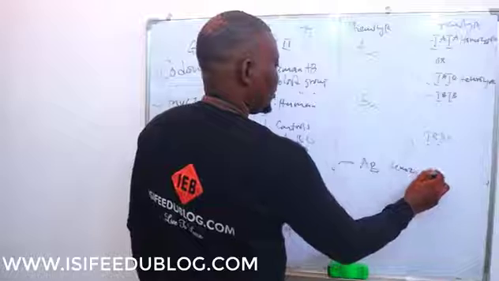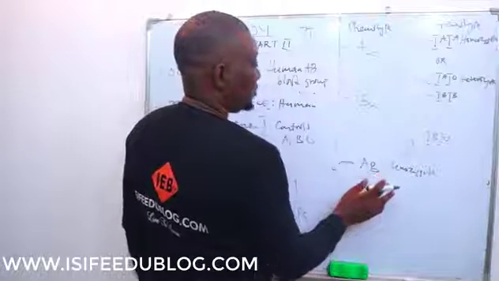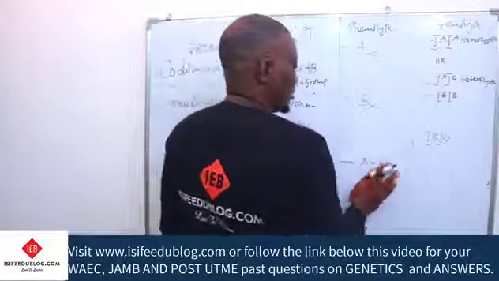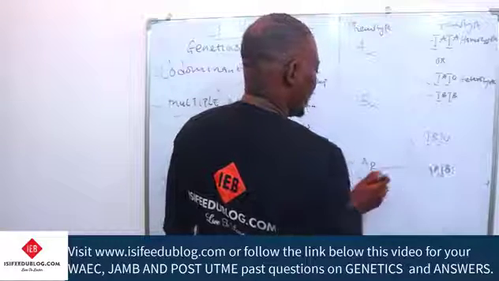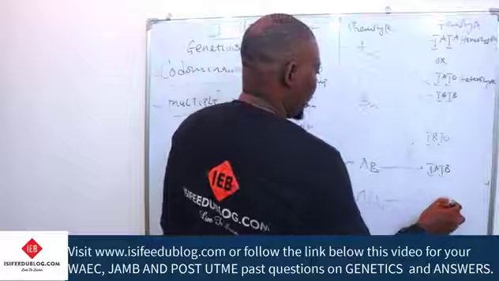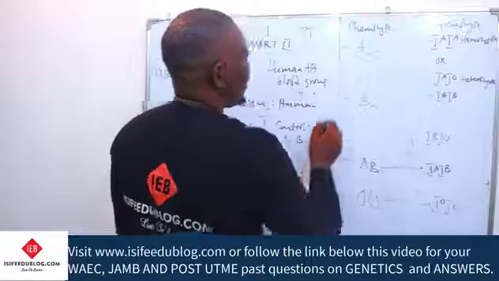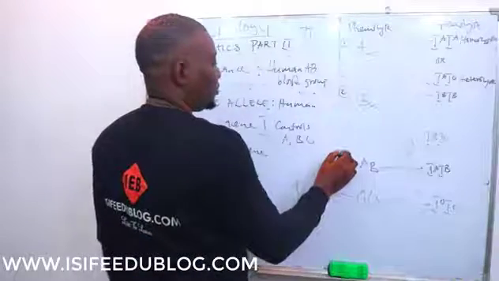Hemizygotes. Hemizygote blood group, and then it can be written as IAIB. Then the last is OO, which is IOIO. So in terms of phenotype, we have 4 blood group phenotype,